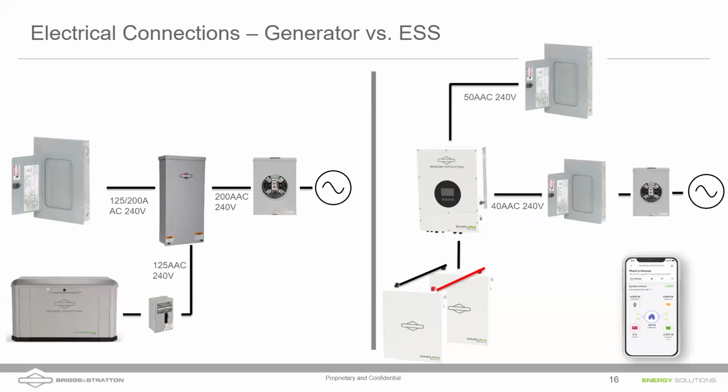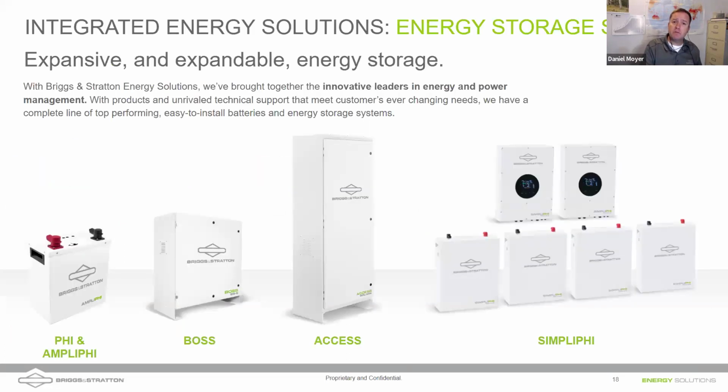But essentially the 15K can operate like the transfer switch and be that battery backup on the left side of the screen. So we might add a slide in the future showing how that 15K works, especially since our new battery is designed around being well positioned with the 15K. Yeah, and Nathan, I believe we do have a slide coming up at the end as we run through some of our diagrams. Great. We're already halfway through the hour, everybody, so I'm going to go pretty quick through the